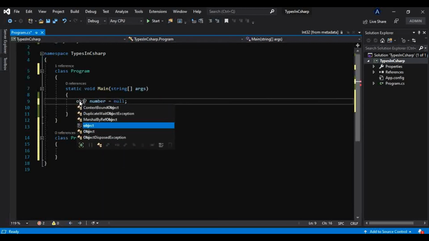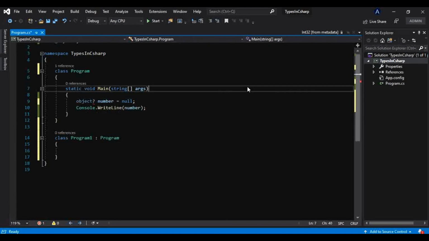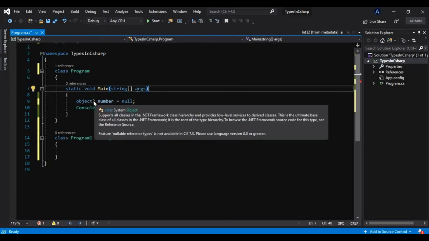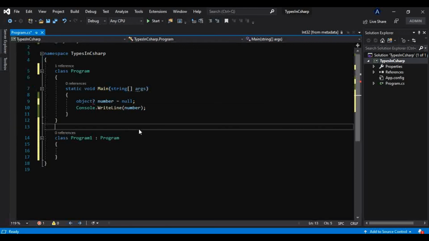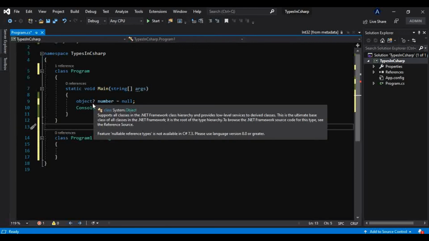If I take an object as my data type and try to make it a nullable type, it will throw an error. What it says: feature nullable reference types is not available in C# 7.3. Please use language version 8.0 or greater. They have introduced this feature starting from version 8.0 or greater.